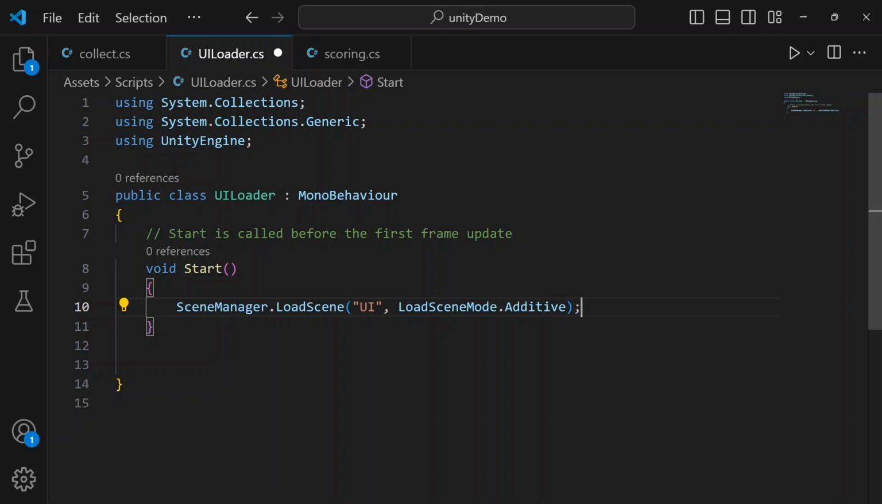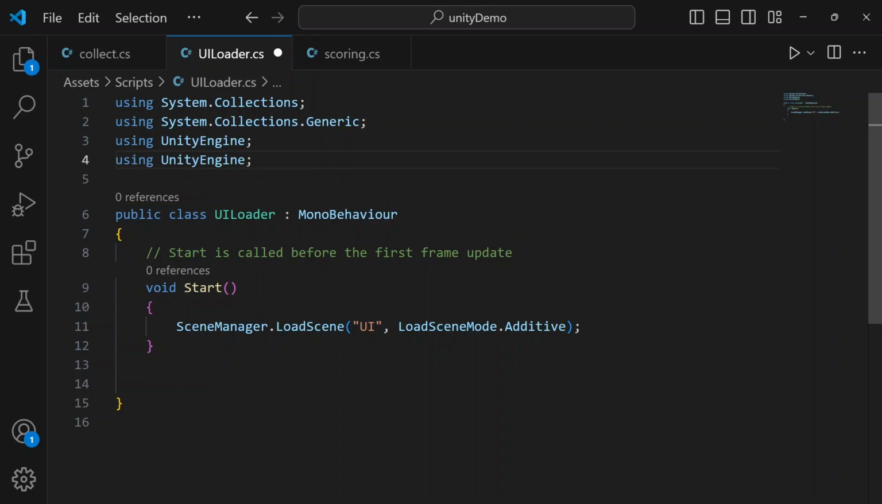Now, in order to be able to use our scene manager, we're going to go up the top here, and we're going to use UnityEngine.SceneManagement. Right, so if we save this script and go back to our game,